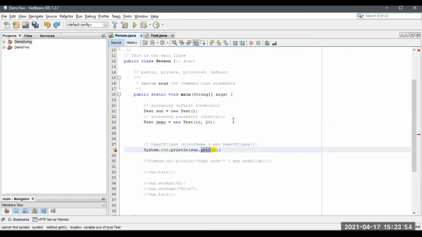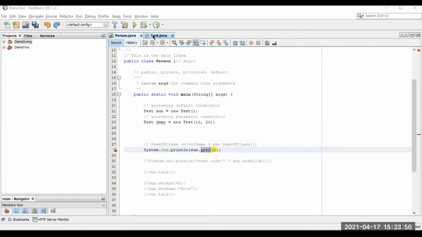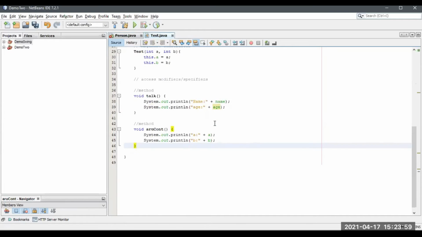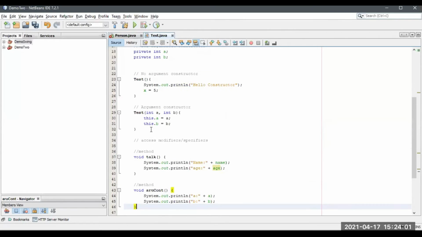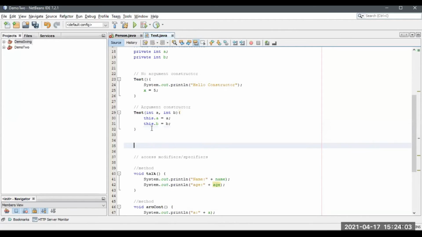I mentioned it like, right? Okay, let me declare accessing private variables. Okay, now I'm going to access private variables. Yes, accessing, sorry. Private variables.